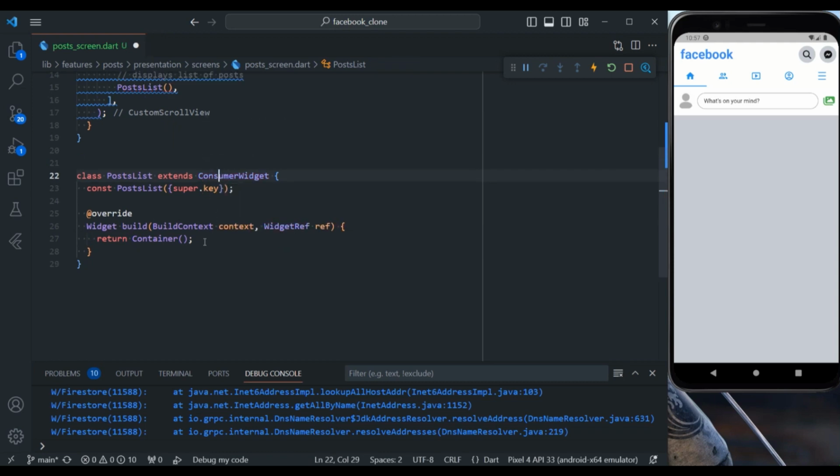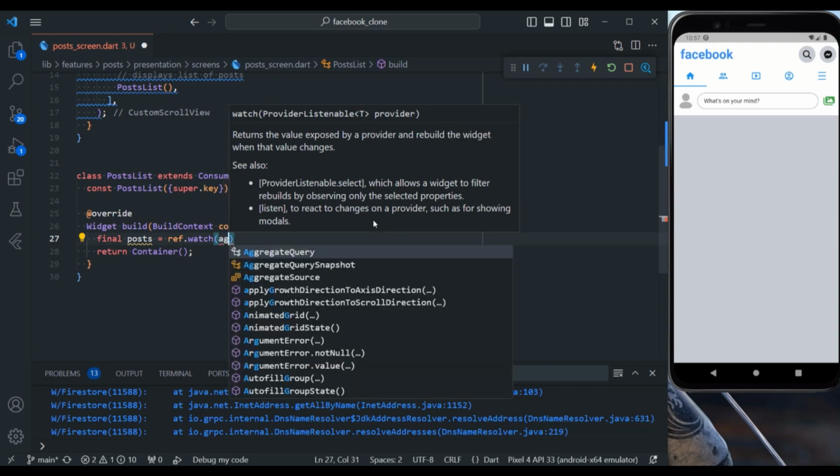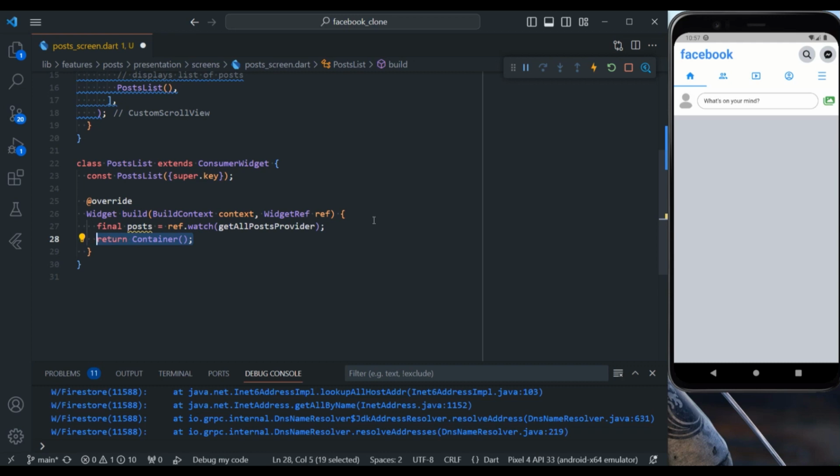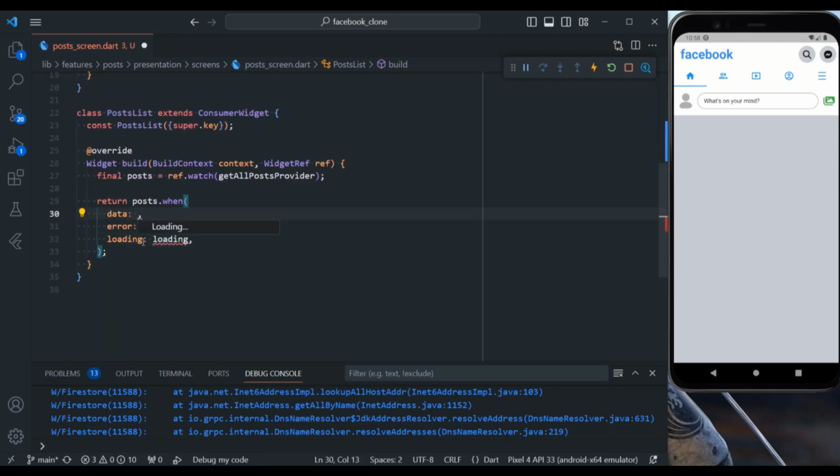Let's import Riverpod. Inside the build method, I'm gonna first of all get my post, and that's equal to ref.watch, we're gonna watch our get posts provider. So now this post is gonna be an async value. So let's say we're gonna return our posts.when. We take care of all the states. In case we have data, I'm gonna call it